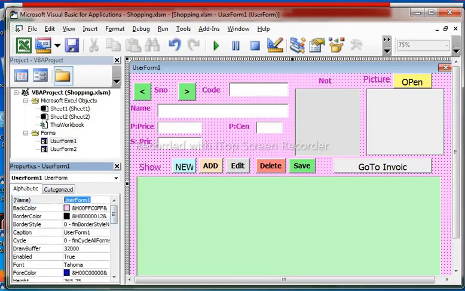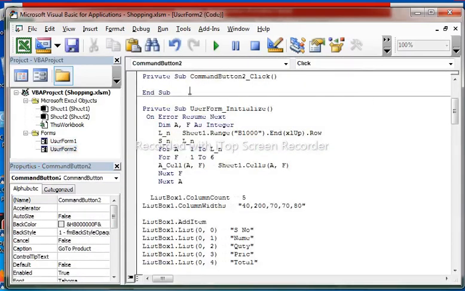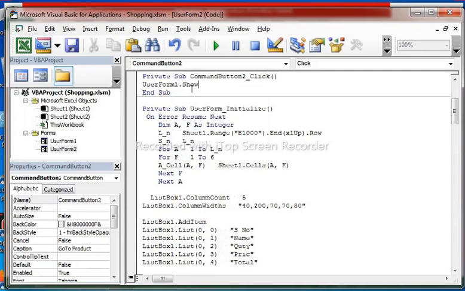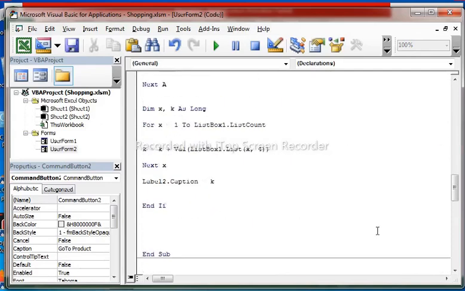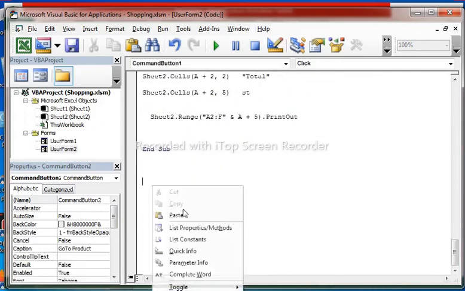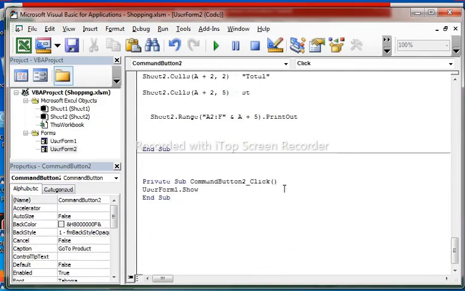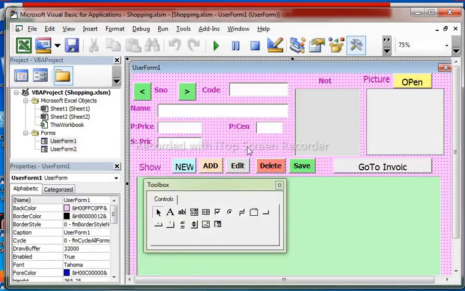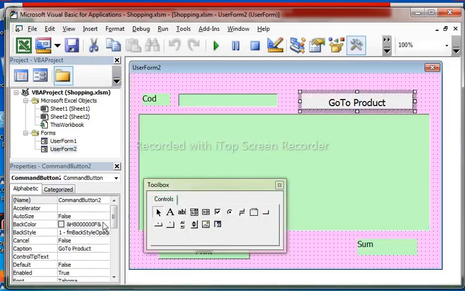Copy user form 1 and go to user form 2, go to command button 2 and paste and show. Okay, this code only. Cut the last fixed. Okay, is a steady to now as step. Okay, not forgot user form. This you go to user form from one product form. Go to invoice. And last the